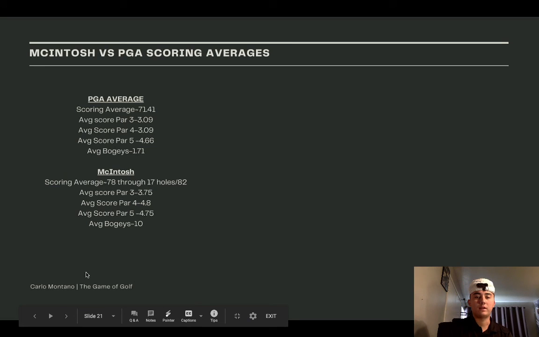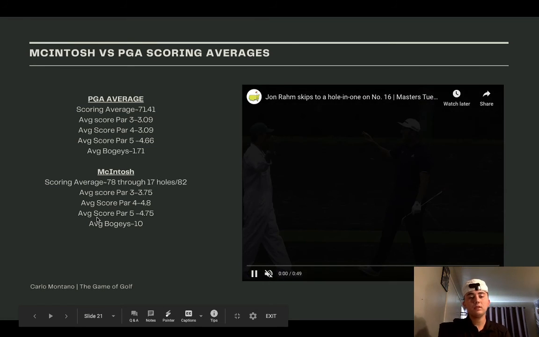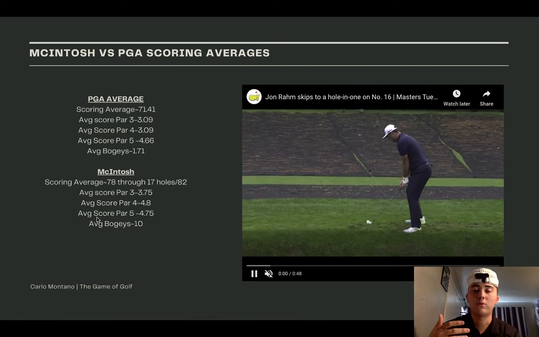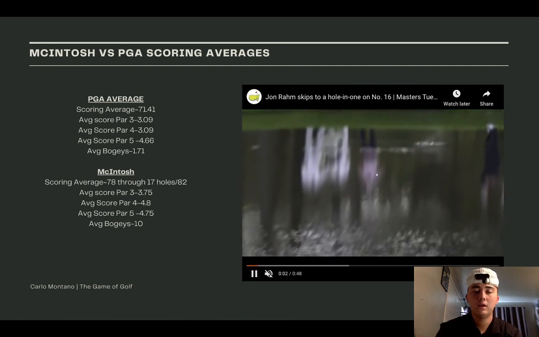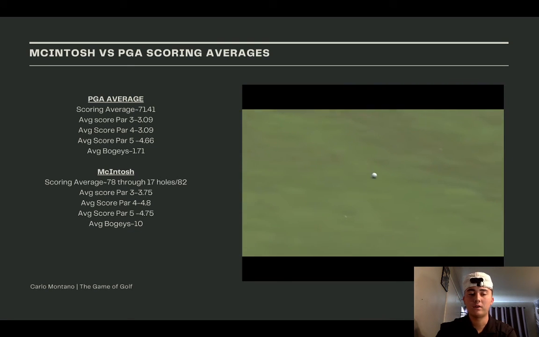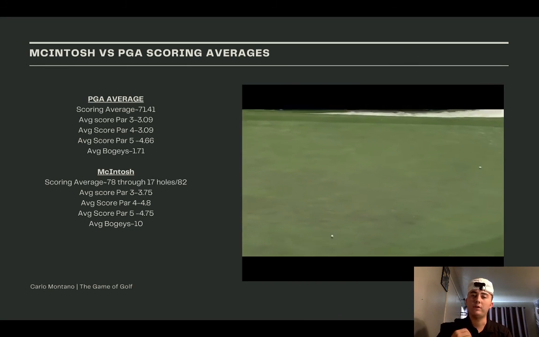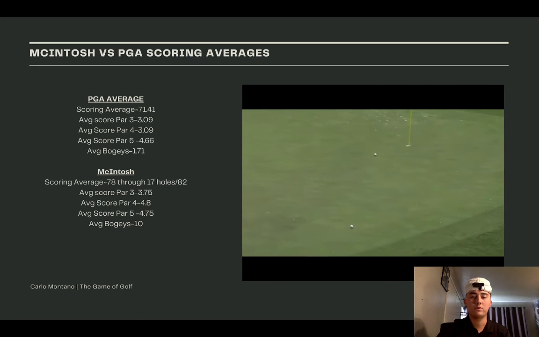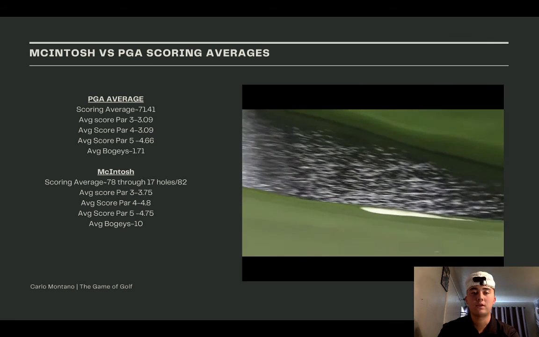Looking at your scoring average, he scored an 82 through 18 holes. Then I broke it down by how many times he had a par 4, par 3, or par 5. His par 4s are really where it killed him. If he really focuses on those par 4s and tries to get those down, I think he can do some good. His par 5s were actually really good. He was very close to the average, and just needs to focus on saving par.